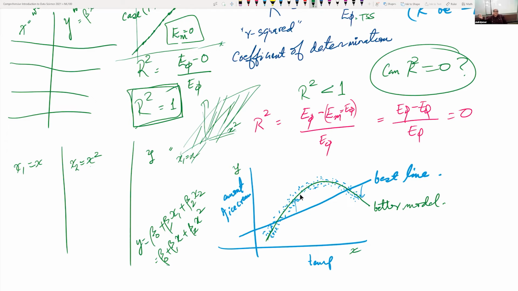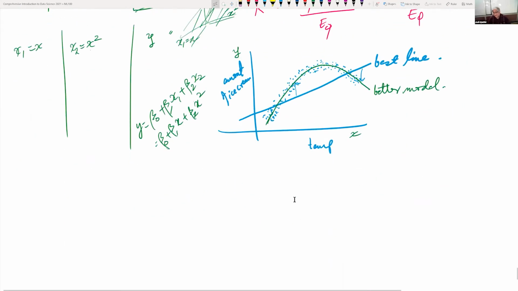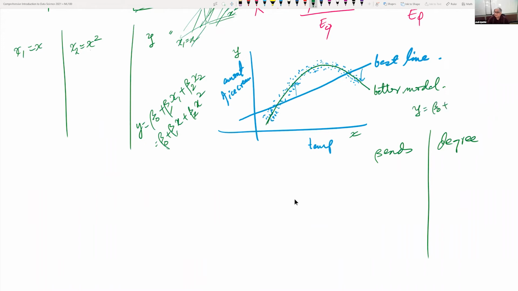But without going into that, I'll just tell you, whenever you get data, count the number of bends. So a straight line, how many bends does a straight line have? Zero. Right? So here's a remarkable insight. I wish these things were mentioned in books, but I use it quite a lot. Bends and degree. I'll use the word degree. Now, a degree is when you write Y is equal to beta naught plus beta 1 X. What is the highest degree of power of X? 1. It is X to the power 1. When the bend is 0,